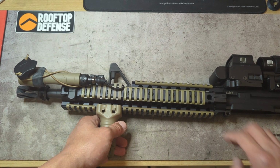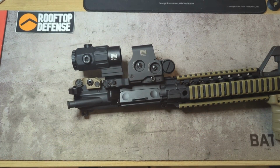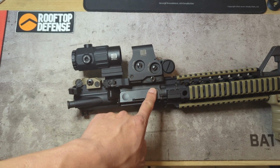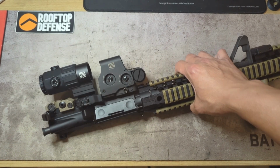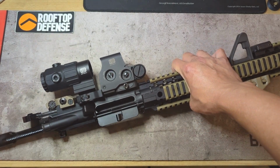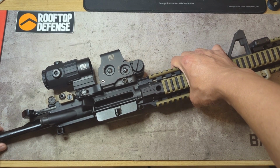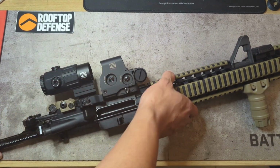Definitely love it. So as you see for the ejection port cover, I do love Forward Control Design. I was able to get my hands on a twin nimble block, so went with that on this build. And I think that one of the things that I'm probably most excited about was that just recently I was able to, while I was using the BCM upper or BCM bolt carrier group,